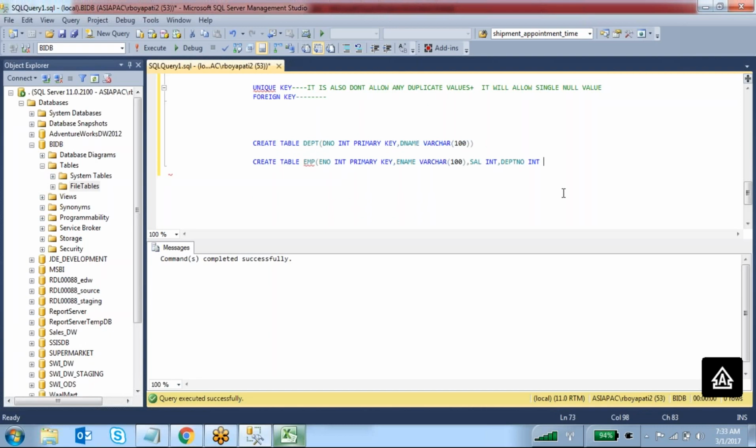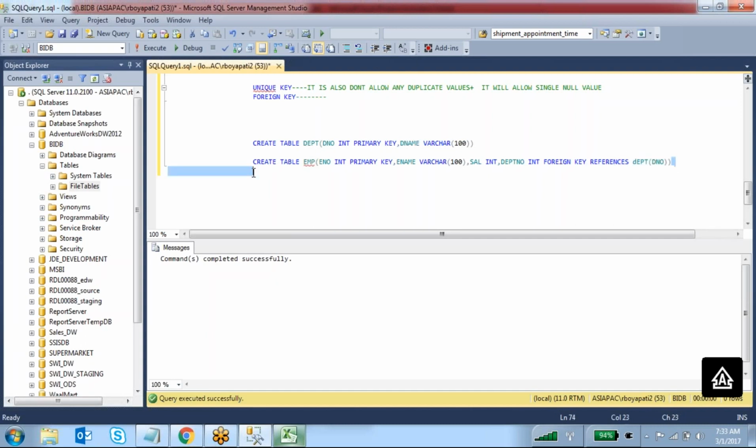So the syntax to create a foreign key is what we are going to do here. This column is going to refer to the primary key column of the department table. So foreign key references, which table and which column it is referencing: the department table, department number column.